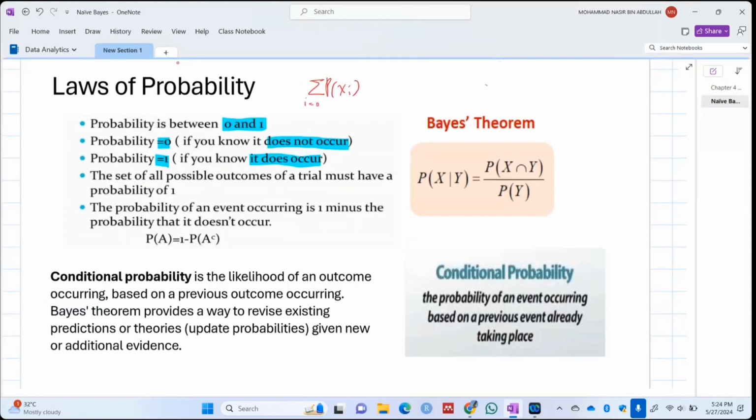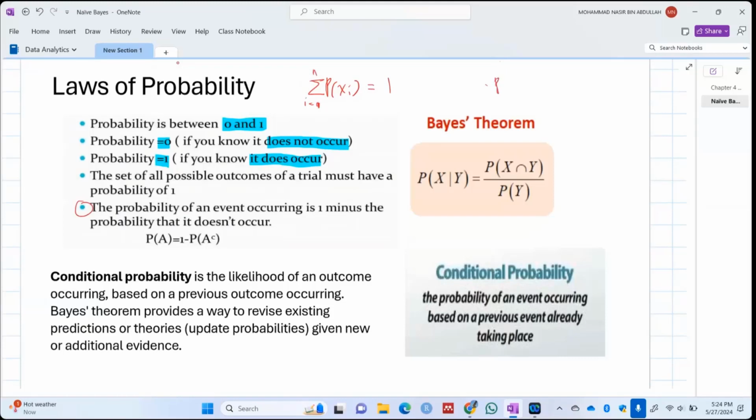Equal to 1 until n, where in the same sample space it should be equal to 1, right? So the summation of all probabilities should be equal to 1, and probability should lie between 0 and 1. This is the rule of probability, right? And the last one, since the summation of all probabilities equals 1, if you want to find a